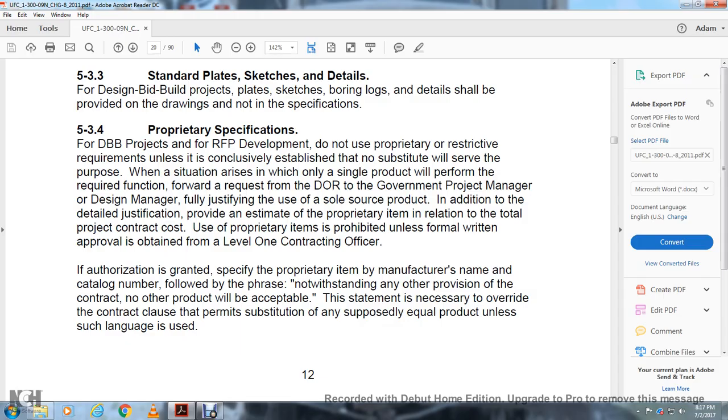In addition to the detailed justification, provide an estimate of the proprietary item cost in relation to the total project contract costs. Use of the proprietary item is prohibited unless formal written approval is obtained from the level 1 contracting officer. If the authorization is granted, specify the proprietary manufacturer's name and catalog number followed by these phrases: Notwithstanding any of the other provisions of the contract, no other product will be acceptable. The statement is necessary to override the contract clause that permits substitution of any supposed equal product